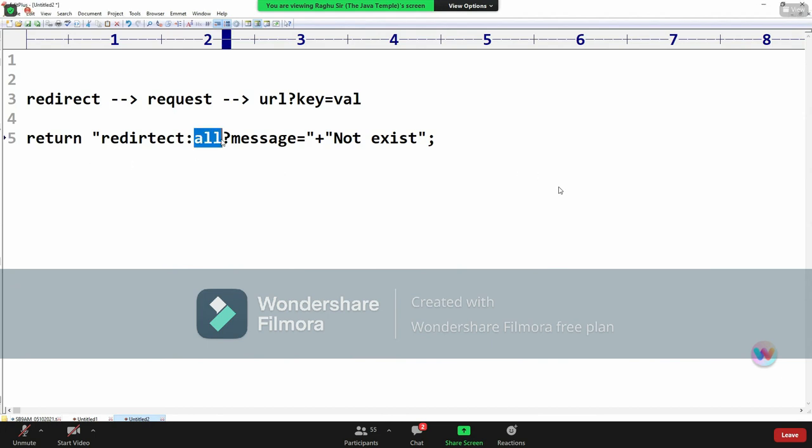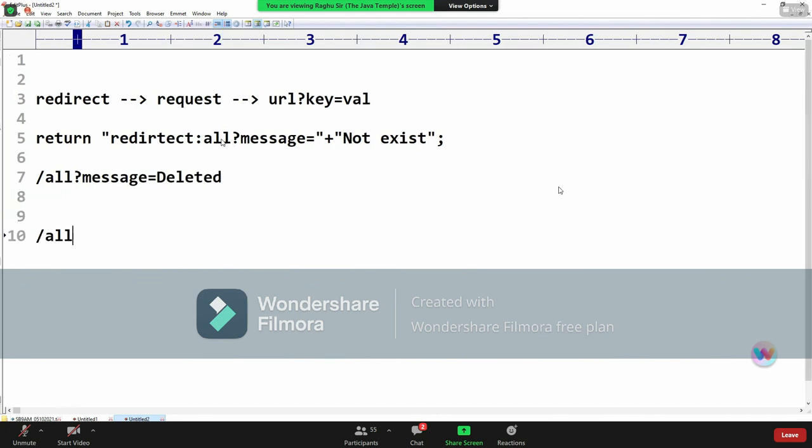Sometimes they will directly enter the URL slash all. In that case, there will be no message. A deleted message may come here, and sometimes you will just enter all. So how do we read it? The message may come sometimes and may not come sometimes. So we have to use request param and make it optional, required equals false, then read the string message. When you delete, the message will be there. When you directly try to see the data, there will be no message. That's why we write required equals false. Understood that point? Yeah, Ram? Got it. Thank you.